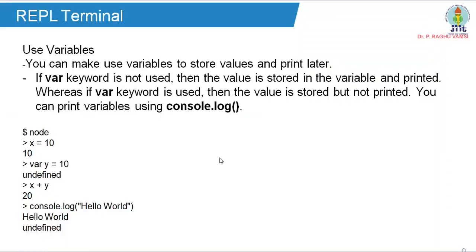Okay. So here, note x = 10 means x will be printed directly. var y = 10 means it is undefined, because it was stored in y because of the variable declaration, but this value will be stored in memory only. Whenever you say x + y, automatically the previous x value and the value stored in memory will be combined and printed onto the screen.